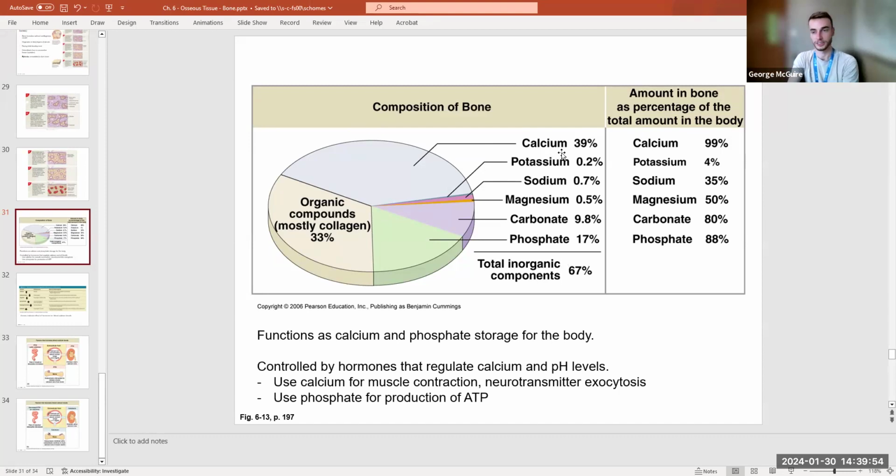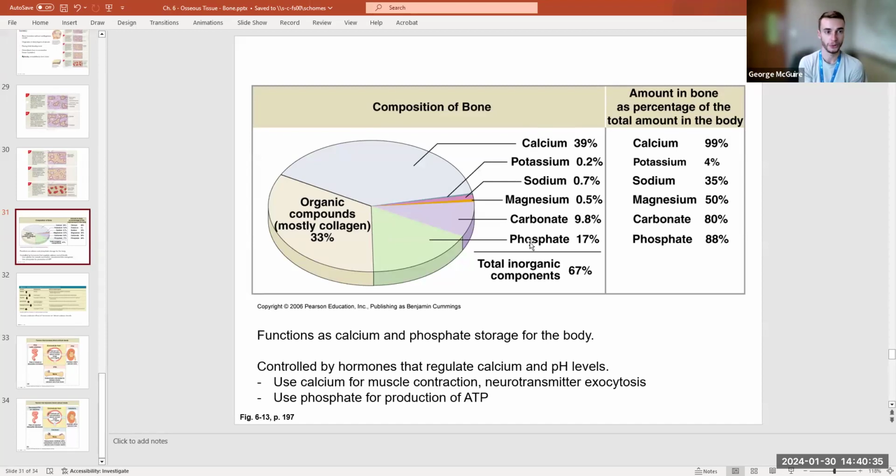And as we've talked about a few times in this class already, calcium is going to be really important when we start looking at signal transduction. And especially when we look at muscles and allowing for our muscles to actually contract, allowing for those little myosin heads to attach to the actin filaments and pull those actin filaments, which is what makes our muscles shorten and pulls our bones towards each other. That's going to heavily rely on calcium. Phosphate, of course, is a very important component of ATP, as well as being an important component of our nucleic acids that make up our DNA and RNA. And so